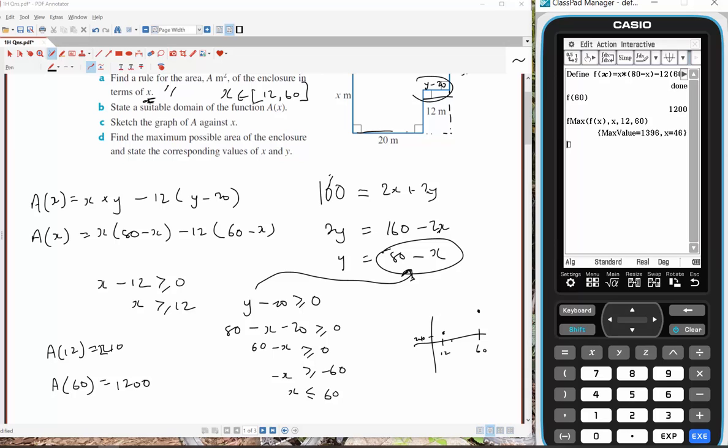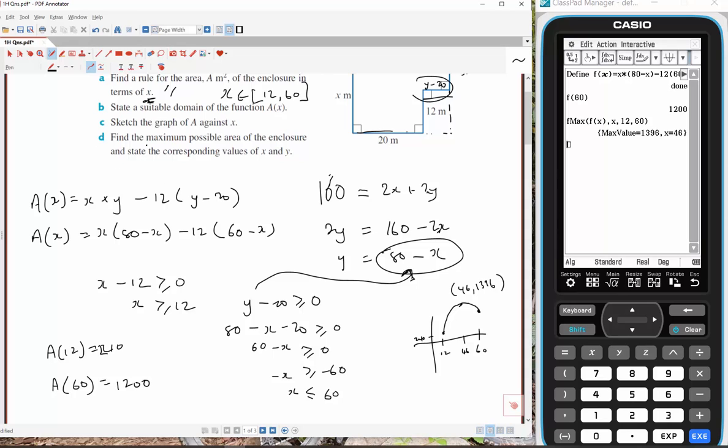So 46, it's 12, somewhere around here. I mean, this is the world's worst graph. It's not to scale at all. What was this one? This was 1200, so it's going to be a bit higher than that. So let's pop it down there and draw something parabolic looking between there. 46,